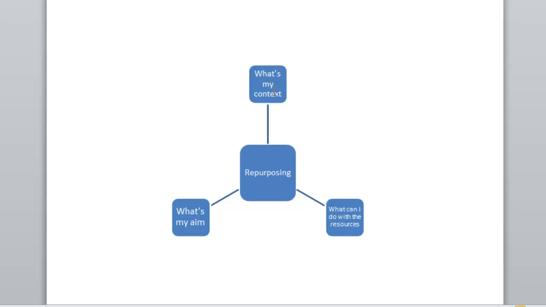So my context is one where I don't really have very much information, and I'm trying to get together the basic knowledge about the topic. That's my aim, developing a basic knowledge about the topic. And then what can I do with the resources? Well, with the resources, what I probably need to do with them to get to where I want to go